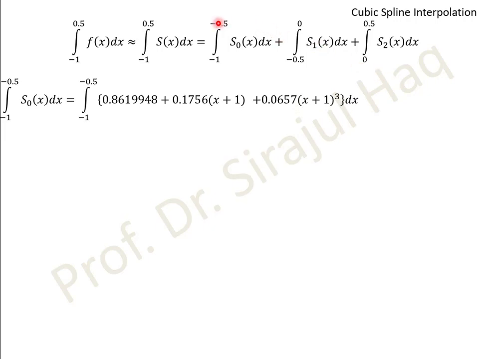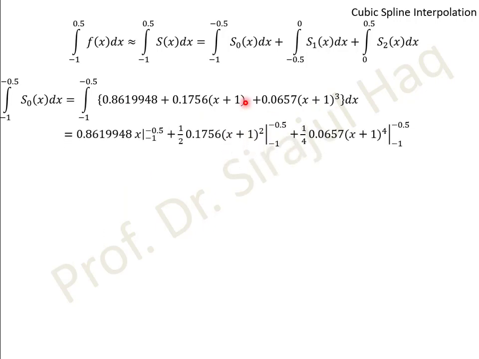When you compute this one, integration from -1 to -0.5 of S0, this is the value of S0. You can do the integration, and integration is given by this quantity multiplied by x, this quantity multiplied by x plus 1 whole square divided by 2, you can see it over there, plus this quantity multiplied by x plus 1 whole 4 divided by 4, which you can see over here. This is the upper limit and this is the lower limit. Upper limit minus the lower limit. So what you have to do, replace x by -0.5